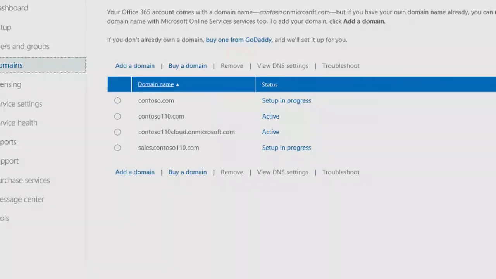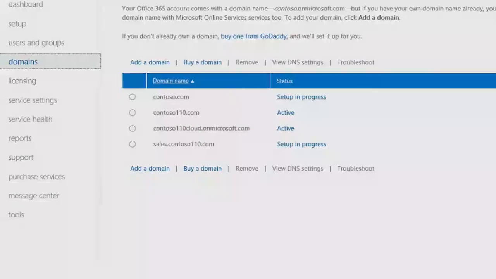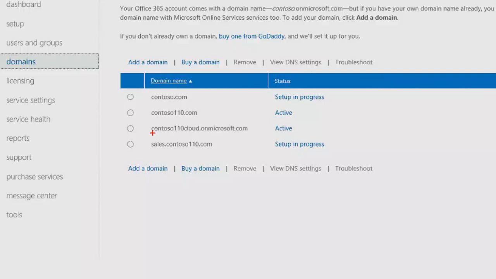But you start with the cloud on Microsoft. You start with .onmicrosoft.com. You start with this one right here, and it would be your name .onmicrosoft.com. That's what I said. It's a fully functioning address, and it's a fully functioning way of starting with the service. But no one wants that as their email. No one wants to have that exposed in any way. It's just the baseline of what you start with.